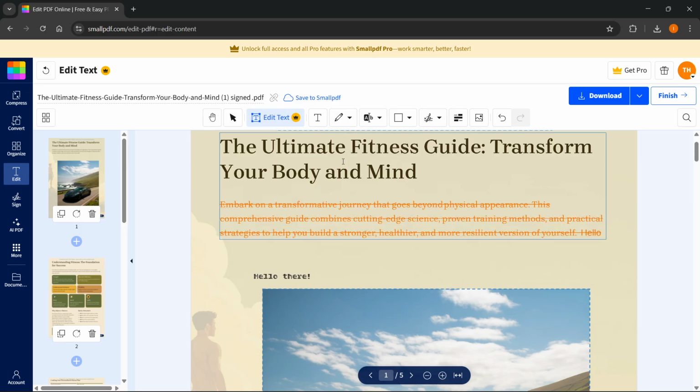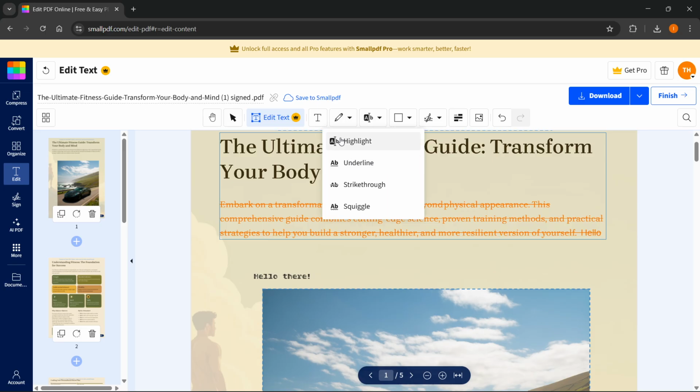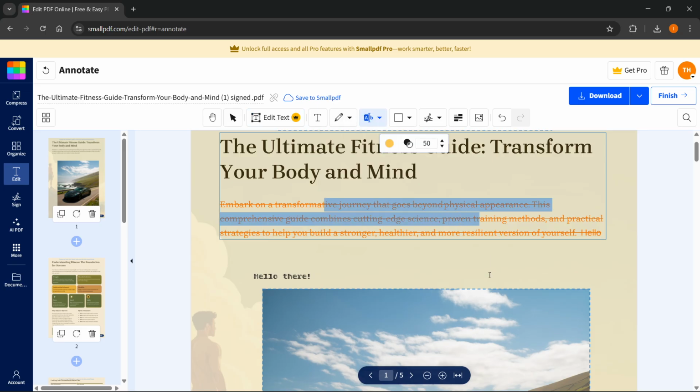Okay. Now, of course, up top, you also have the options to add your text. You can go ahead and draw it if you want to. You could go and highlight different things, like you could highlight, underline, you could do whatever you want, just like this. And yeah, that's basically how to edit